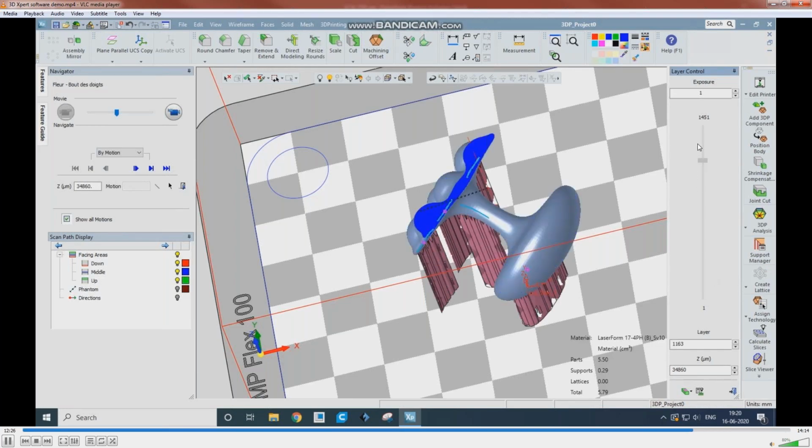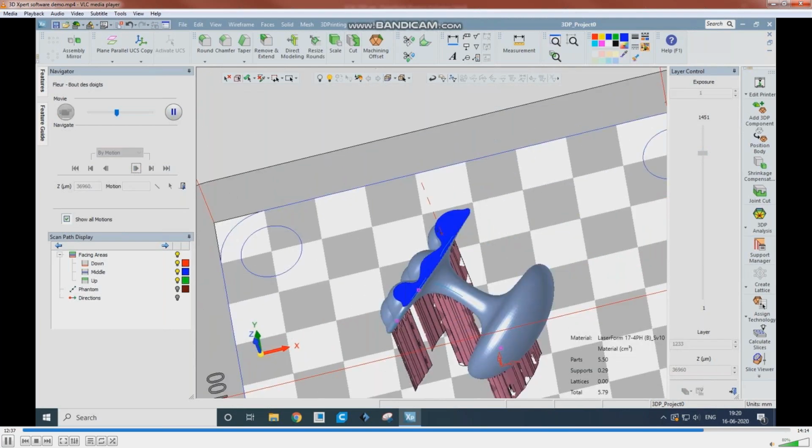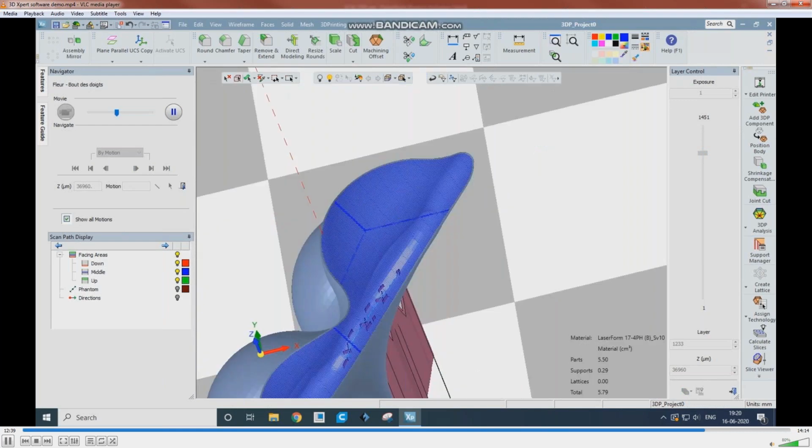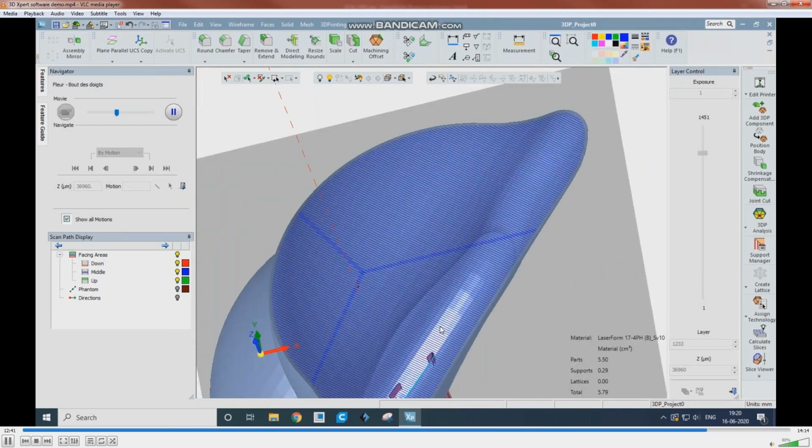Okay. So these are the slices. That is why the FDM is different and this metal printing is different, purely different in my view. Okay. So there it is right, it may be wrong here. So don't apply those principles here.